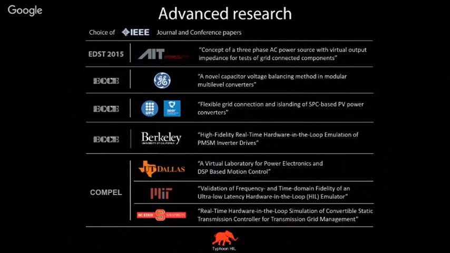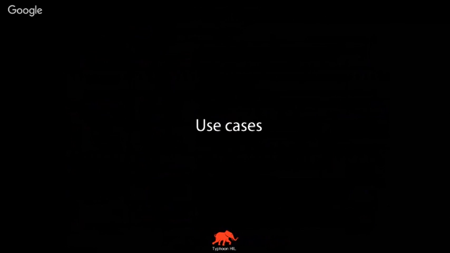Also very important for you as academics is that this technology is very well accepted by the IEEE community. There is a growing list of papers published in IEEE Xplore that you can find. There are more than 60 papers already published, developed solely and entirely in this environment that we are going to show in a couple of minutes.